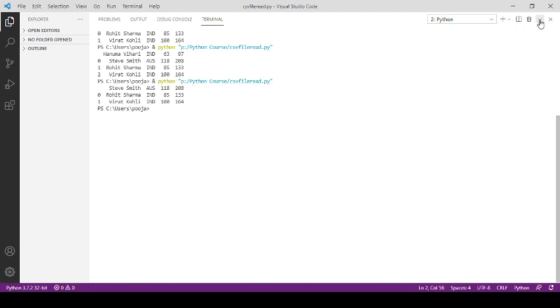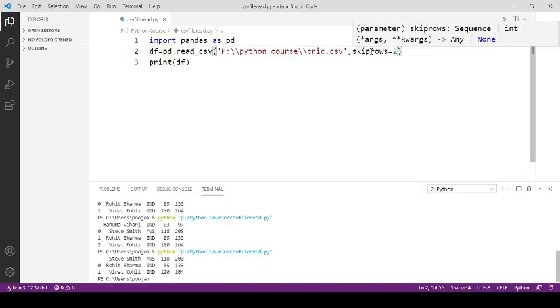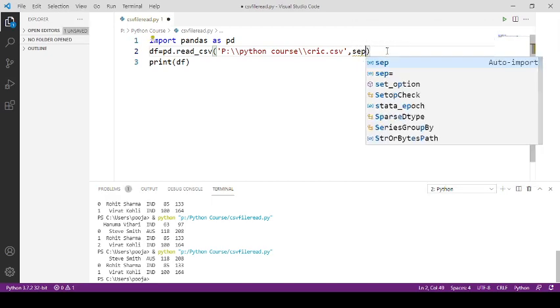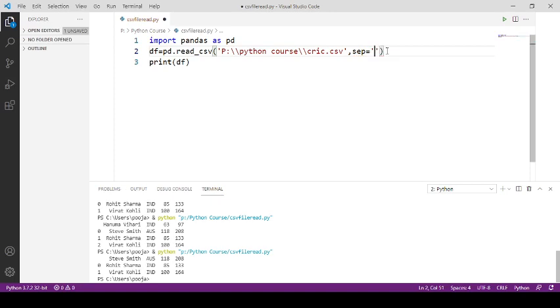So using skiprows you can skip row. Using header you can define the header row. Using usecols you can specify the columns to be read. You can also use another parameter, that is SEP, to specify the delimiter.